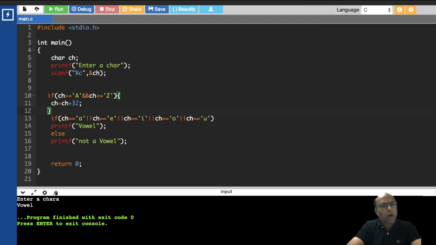Okay. Now, instead of writing Z, can I write here in this place 90? Yeah, I can write. Doesn't matter for me. Okay. I am going to get the same output. If I put capital E here right now,